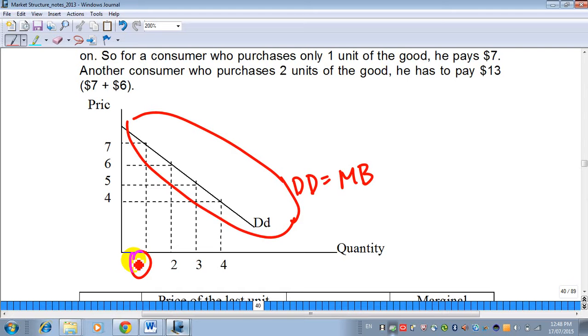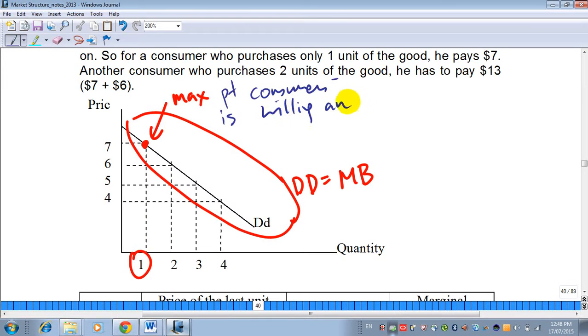That 1 extra unit of chocolate cake gives you a lot of satisfaction, so the maximum price you're willing and able to pay for the first unit,